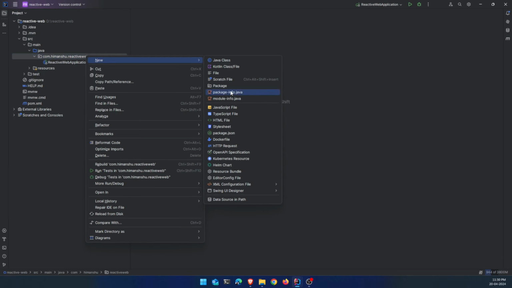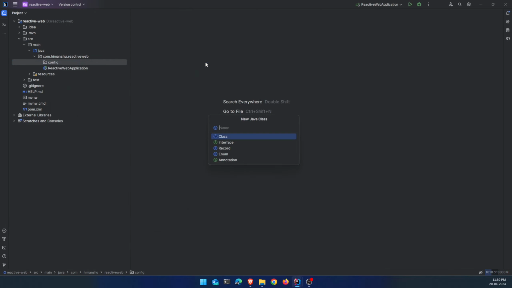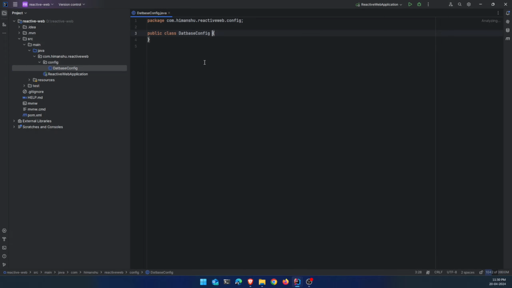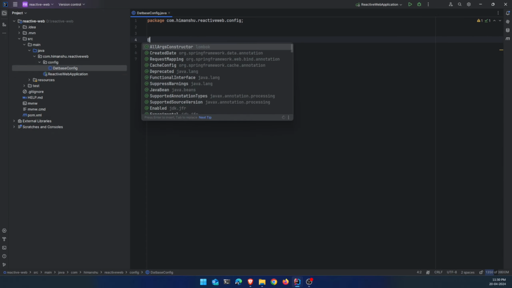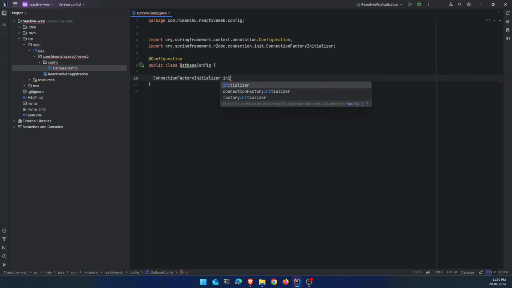All right, so let's go ahead, create a package config. And here let's create a class DatabaseConfig. Now here what we have to do is define a configuration class responsible to initialize our database. For this, I will say ConnectionFactoryInitializer,